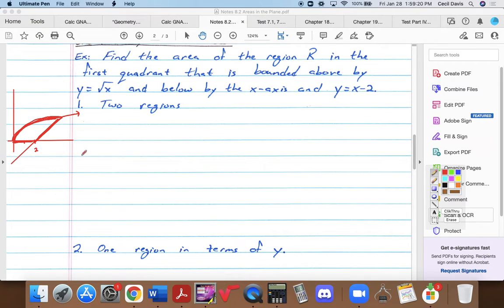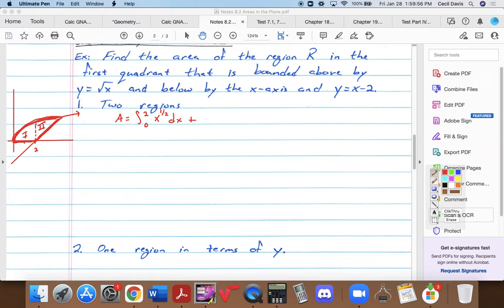So the first method we're going to look at is dividing that into two regions. I can divide that with a vertical line at x equals 2. So for the first region, the area will simply be the integral from 0 to 2 of the square root of x, which I'll write as x to the 1/2 dx,